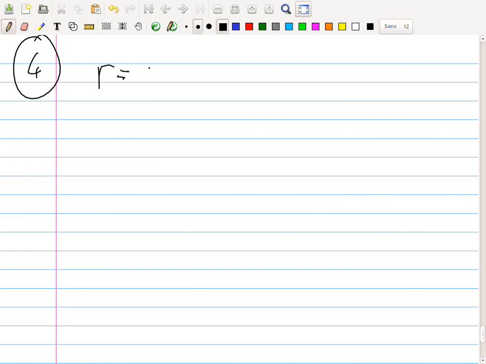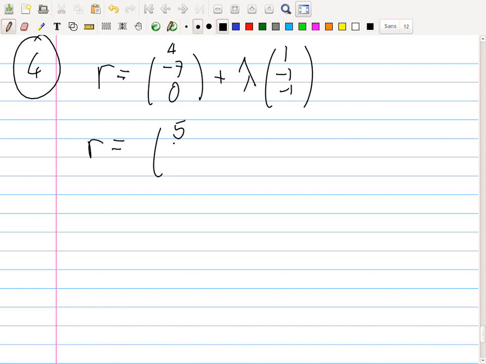The first vector is (4, -7, 0) plus lambda times (1, -1, -1), and then the second line,